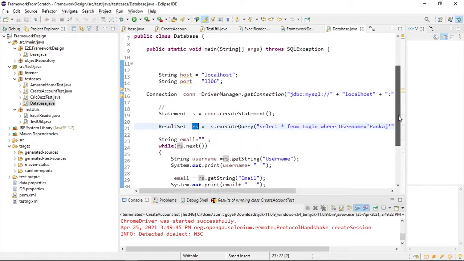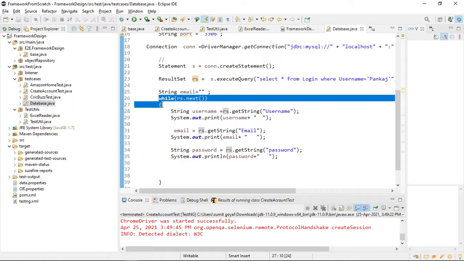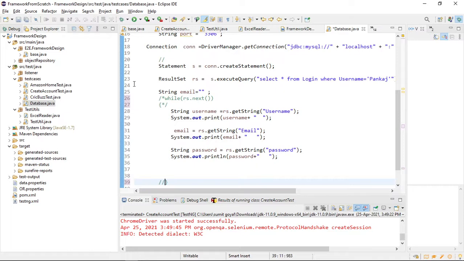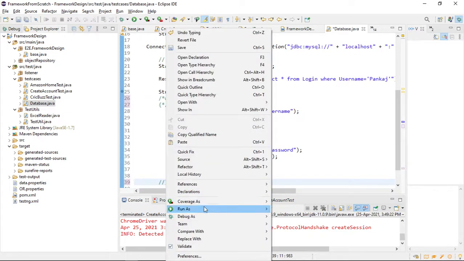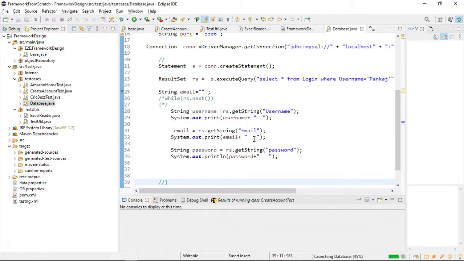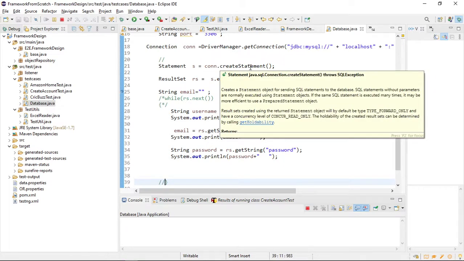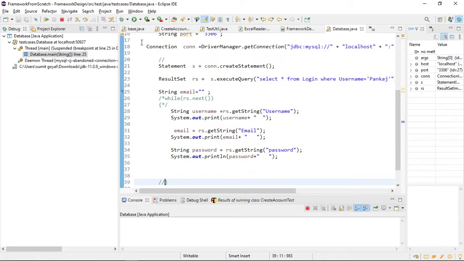Now if you see this, I want to get the data. So what I can do is comment this out as of now and debug this program. What will this query return?